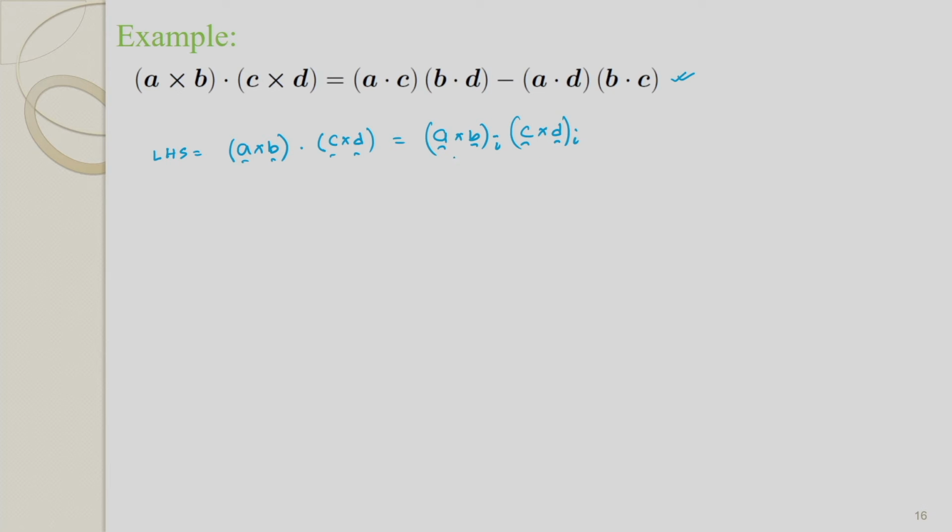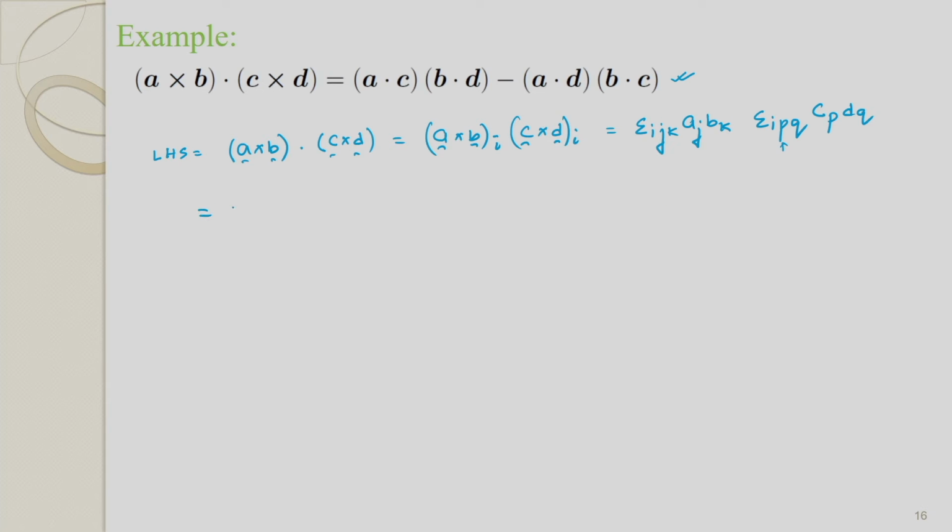Now A cross B dot C cross D gives us epsilon I j k A j B k, and this we can write epsilon P q C p D q. Here you can see, as I have already used j here, I have to use a different symbol. I cannot use j here, because in one product term j should appear only twice, not more than that.